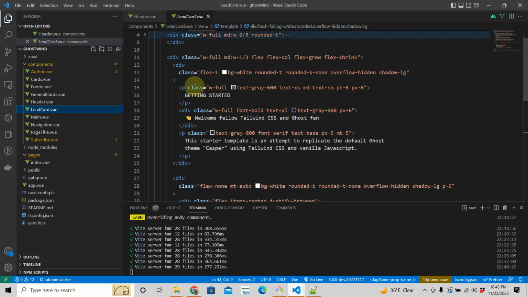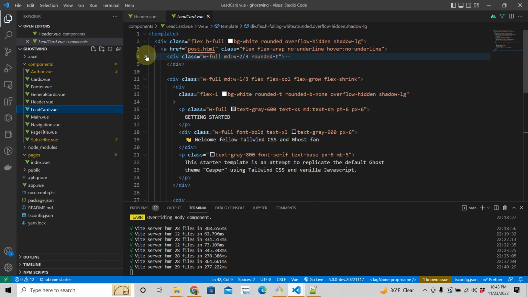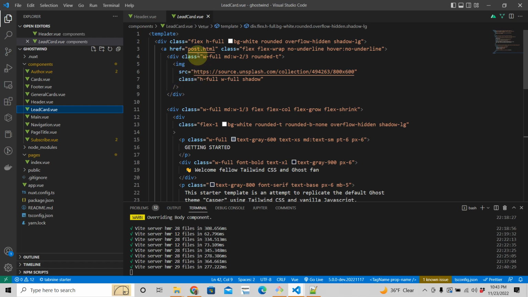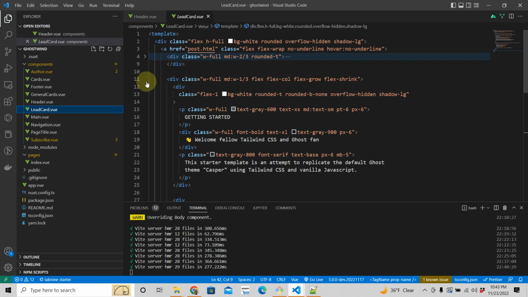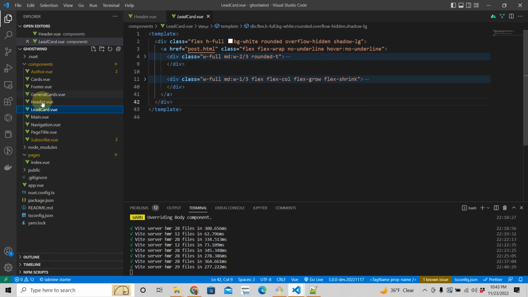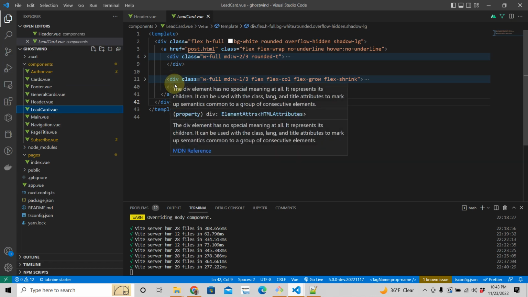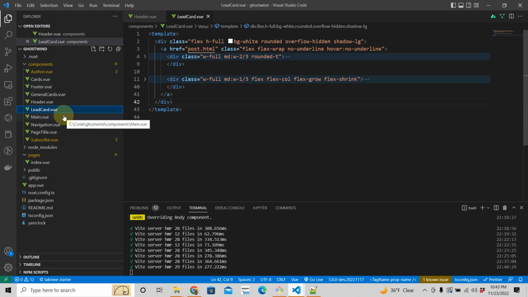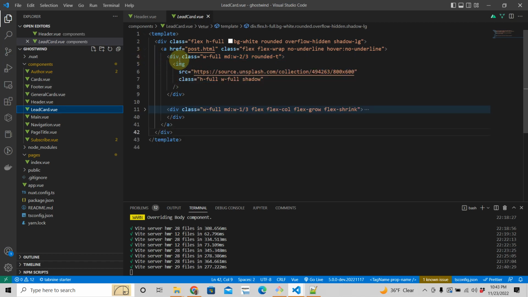So we're going to break this up actually. We're going to call this lead card image. Now, if you want, you can create folders here for your components. I would rather not. I think the names will just describe what it is. But maybe if you end up having like 200 components, creating folders might make sense. But I generally don't. So I'm just going to call this lead card image, because say you were to create